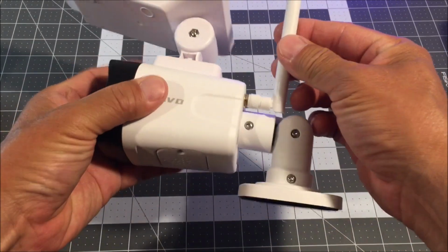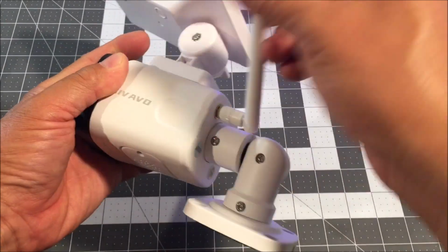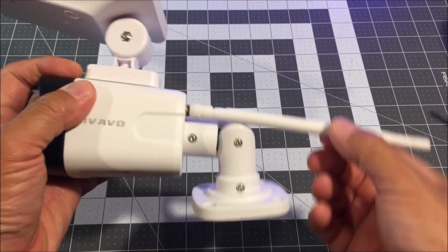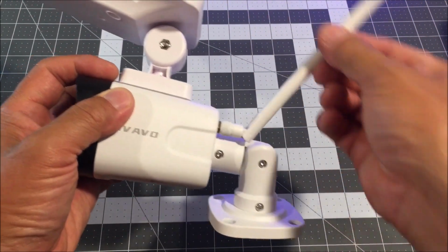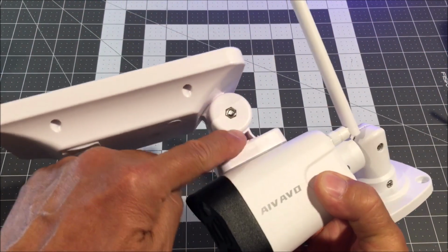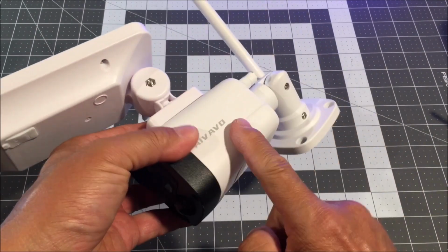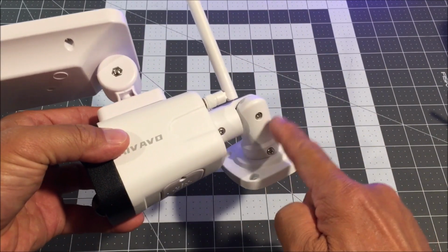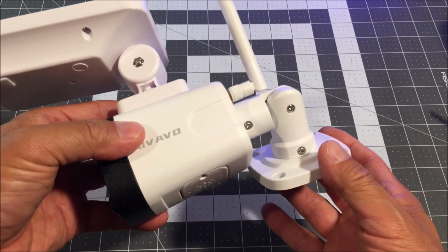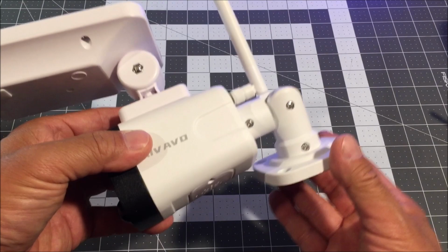Now the 2.4 gigahertz antenna can be rotated about 160 degrees and tilted about 90 degrees. And the solar panel housing and the base of the solar panel is made out of plastic. And the camera housing and the mounting base is made out of a molded metal material that is non-magnetic but